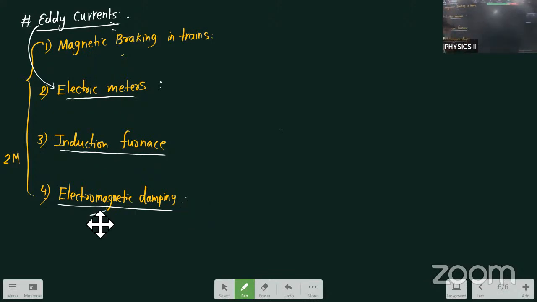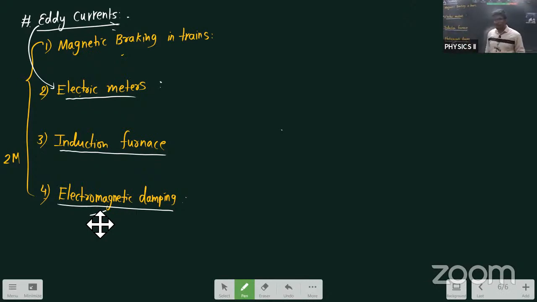So these are the 4 uses of eddy current. What is the first use? Magnetic braking in the train. What is the next use? In electric meter. And what is the third use? Induction furnace. And what is the fourth use of this eddy current? Electromagnetic damping. Okay. I hope you have understood this answer, and you will write down this answer in your annual